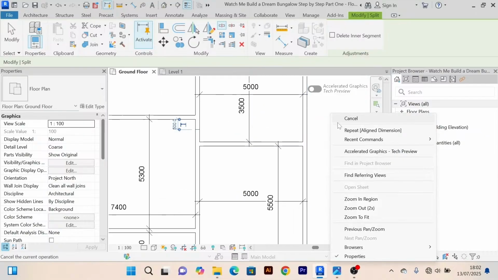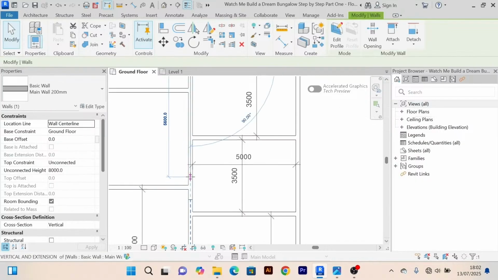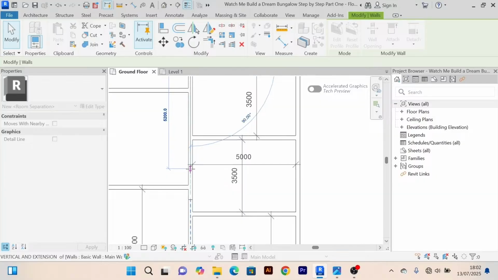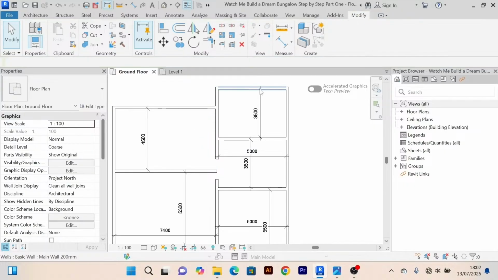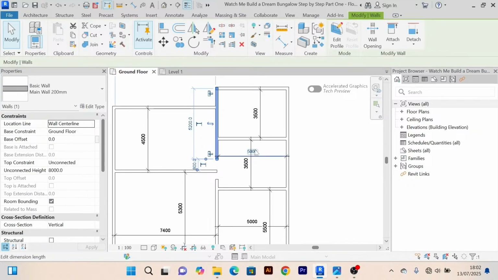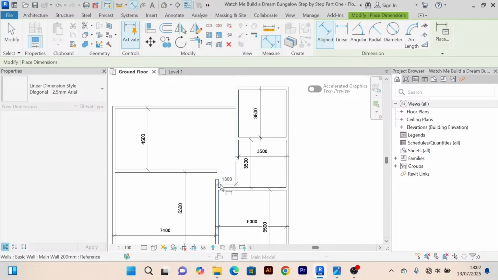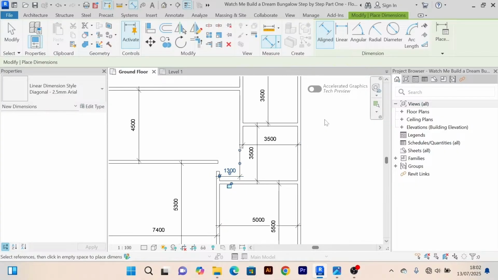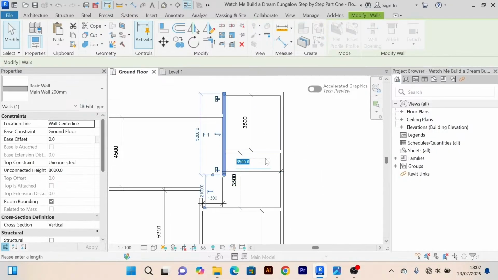We shall split this part here, then this one here, I will just drag it a little bit away from here. Then I'll click on the unjoin so that they are not joined. And when I click on this, let's give the measurement 3.5 and see what we shall have. So now if I measure with the align dimension tool, if I measure this distance 3.3, so we're going to reduce this further to